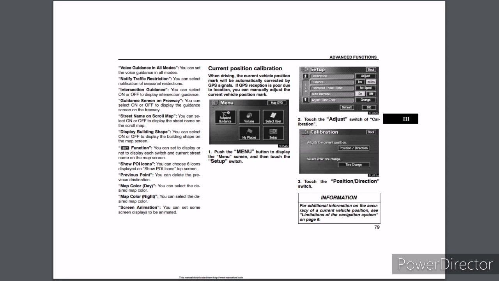Guidance screen on freeway, you can select on or off to display the guidance screen on the freeway. Street name on scroll map, you can select on or off to display the street name on the scroll map. Display building shape, you can select on or off to display the building shape on the map screen. Off function, you can set to display or not to display each switch and current street name on the map